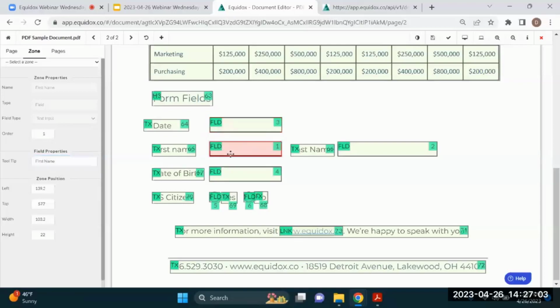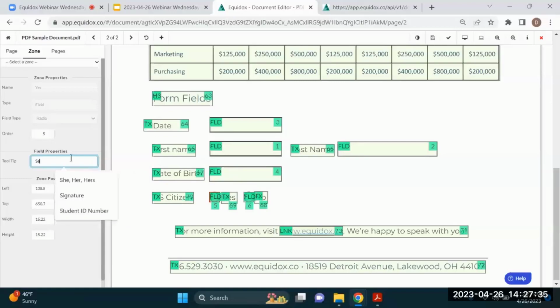Another example here would be if a field is asking for a name, don't just have the tooltip of name. You always want to be explicit in typing in something like, enter the first name of applicant. Otherwise, they might give you their last name first or their mother's maiden name or something along those lines. You always want to be very explicit in your instructions. So you would just work through these tooltips, making sure that you're typing in the appropriate tooltips to handle these fields. Enter date of birth,